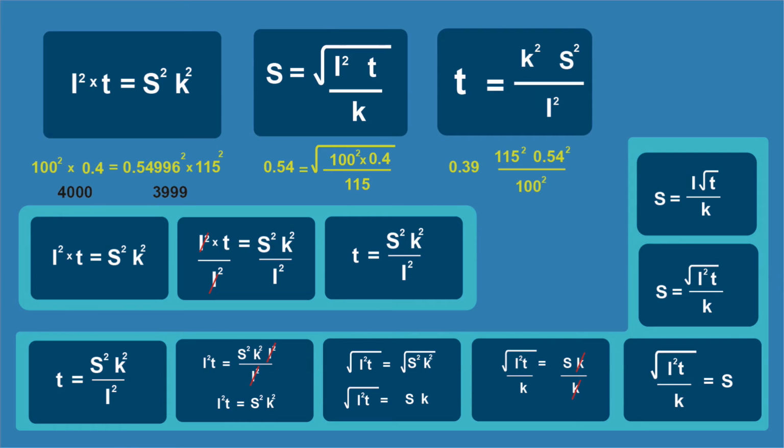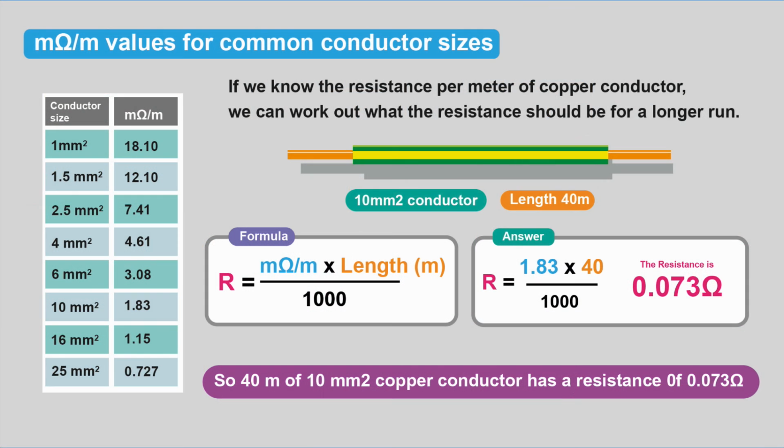Let's have a look at another handy formula. This one is for the resistance of a cable. In books like the On-Site Guide, we get tables with the value of milliohms per metre for common conductor sizes. If you know what 1 metre of copper conductor's resistance is, we can work out what it is for longer runs. So in this example, we've got 40 metres of 10mm squared copper conductor, 10mm squared, milliohms per metre